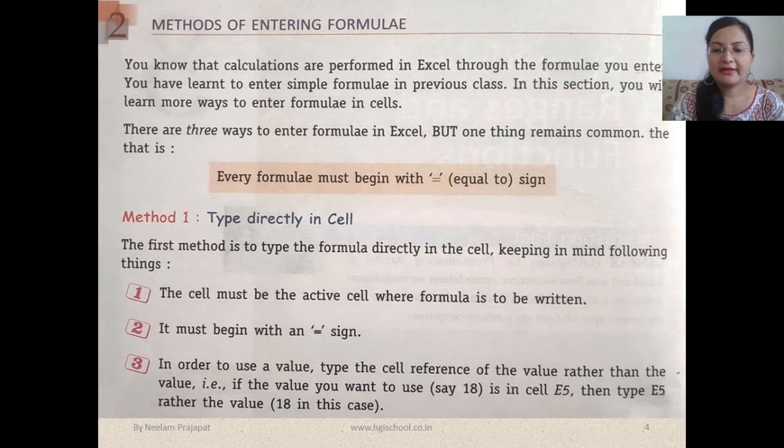Here the value 18 is in column E and row 5, so its address will be E5. Got it? We have to use its cell reference, not the value itself. So we write equal to, and then the cell address for the particular value that we want.